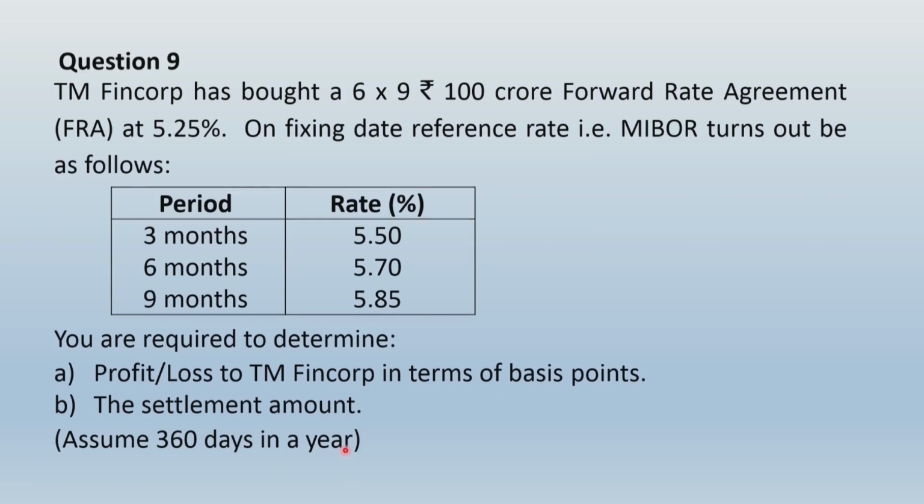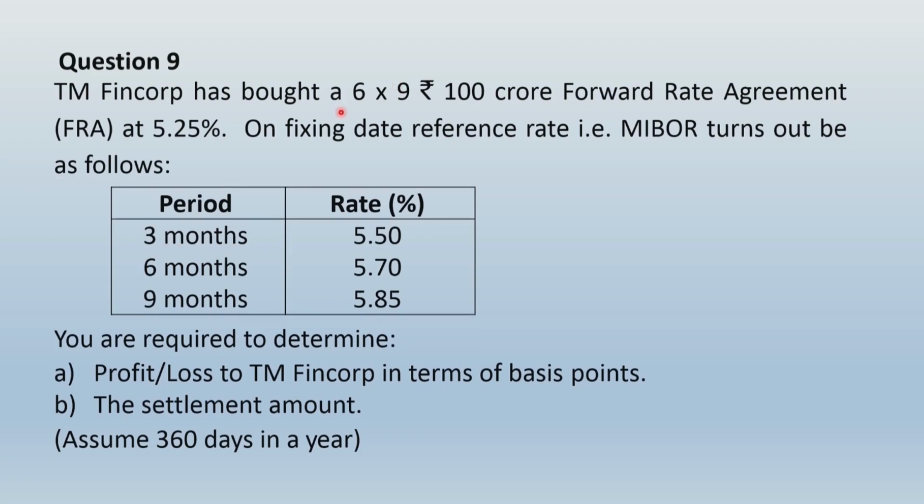Now friends, this kind of speculative FRA, it's very easy. You are not dependent on my help to solve this question for you. But let us see, what is this 6/9 FRA interpreted as? Your borrowing will start after 6 months and will end after 9 months. That means borrowing is meant for a period of 3 months only. That is why when the FRA reference rate is opened up, you would take 5.5% because that is applicable for a 3-month borrowing period, correct?